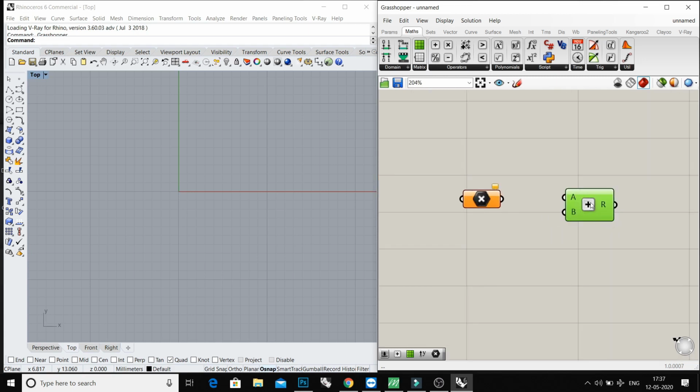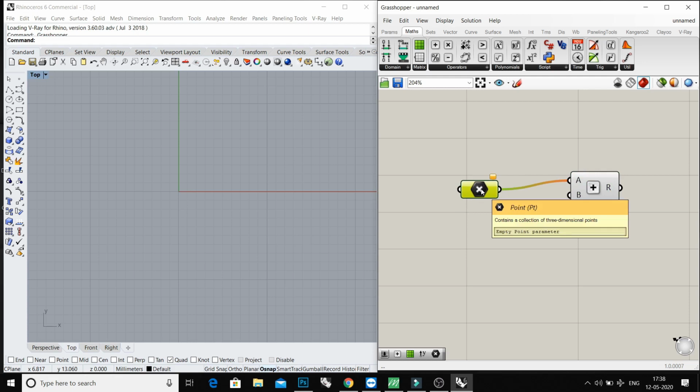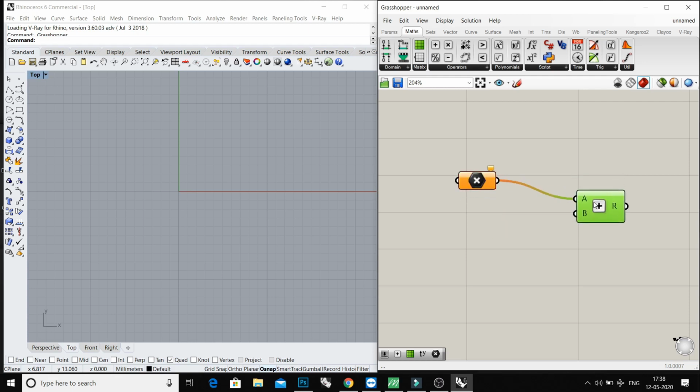Okay, and the third and last one is the connection. With the help of a connection, we connect a component with a parameter. With the help of the connection object, we connect these two like this. So now this is the parameter and this is the component, and we connect them using a connection.